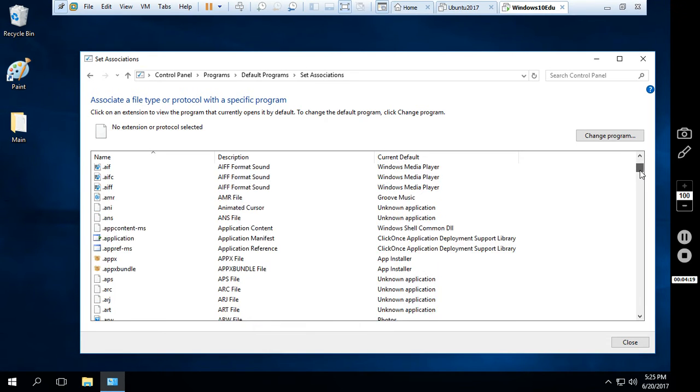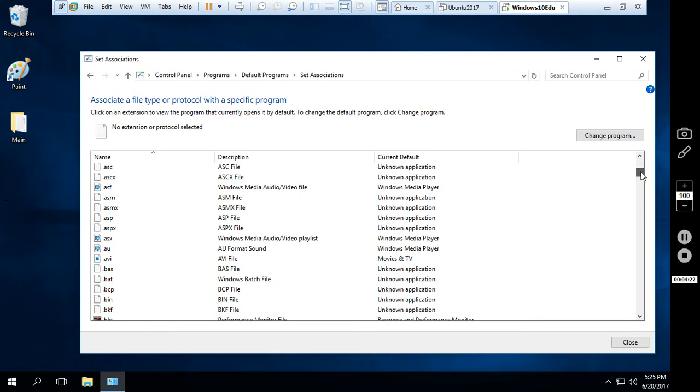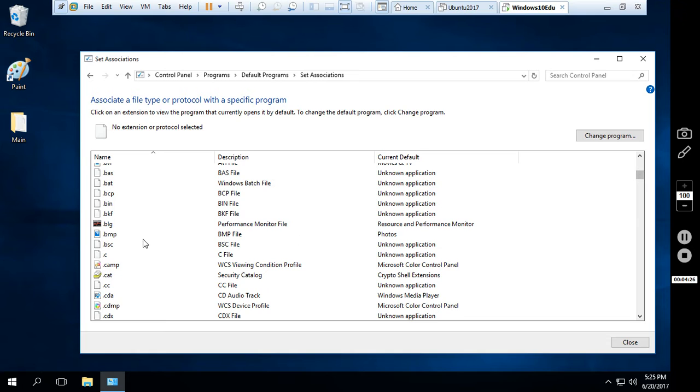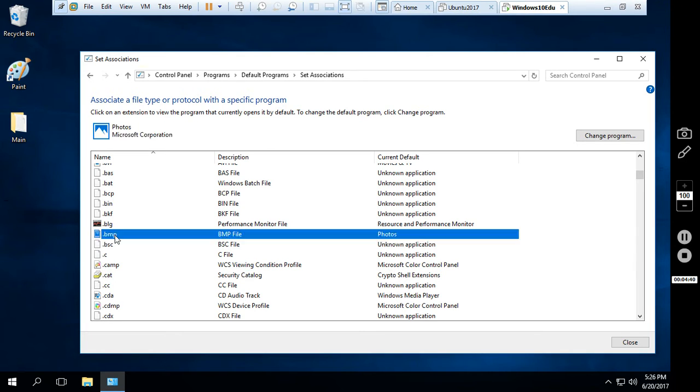I'm going to scroll down this list here. Let's say bitmap is an image file type. Maybe I don't want that to open with this new Photos app in Windows 10. I want to open it in Microsoft Paint or something. So what I can do is choose bitmap here,